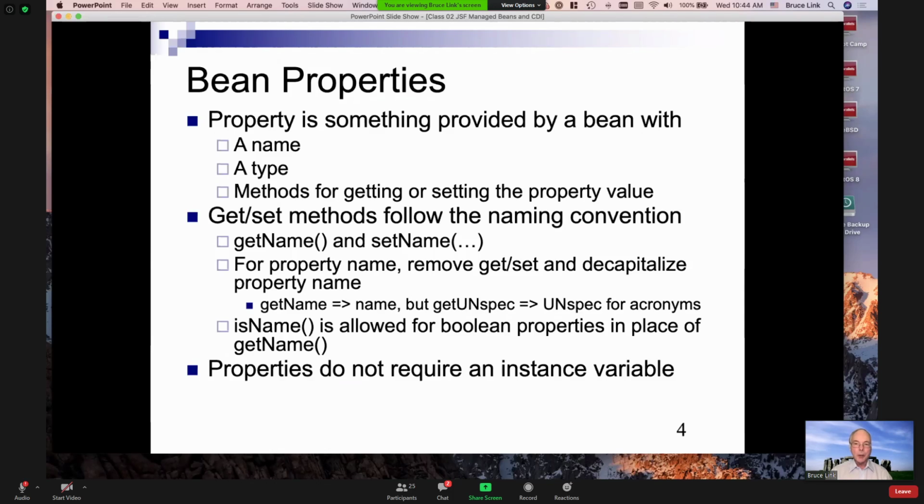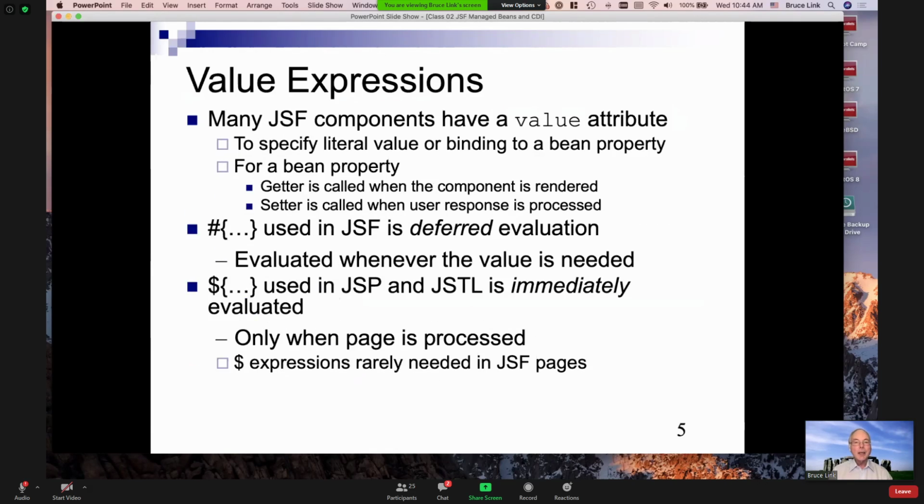Okay, so that's properties, and 90% of this was covered in every single Java course that you've ever been in. Now we saw last time value expressions. There's two kinds of them, of which I'm only going to be using one: pound sign ones and dollar sign ones. These are commonly used in a number of instances, and we'll see more of them as we